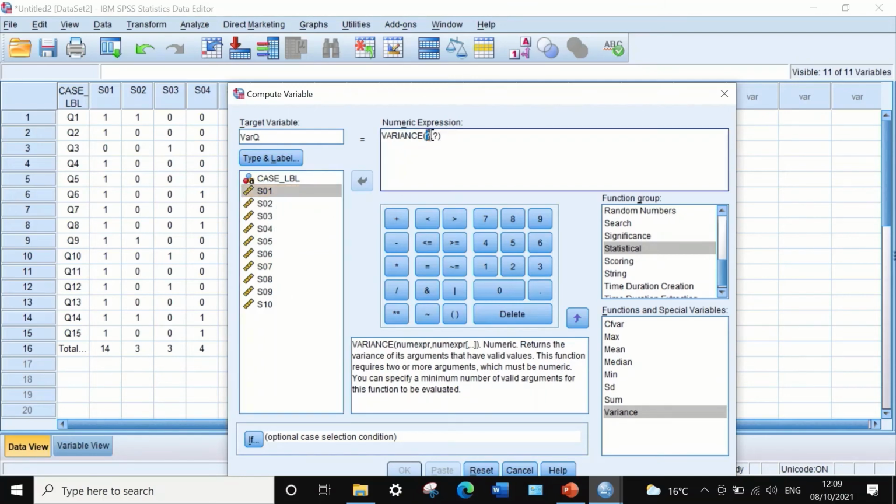The way to do that again is to insert the first variable and then separate it by a comma, and we do the same for the rest, until we reach the S10. If we click on OK,